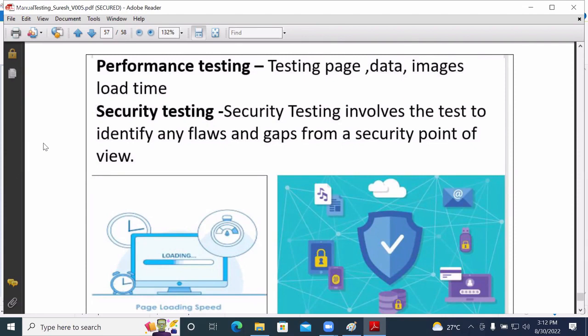Along with that, functionality testing, usability testing, compatibility testing, database testing, interface testing, performance testing, and security testing.